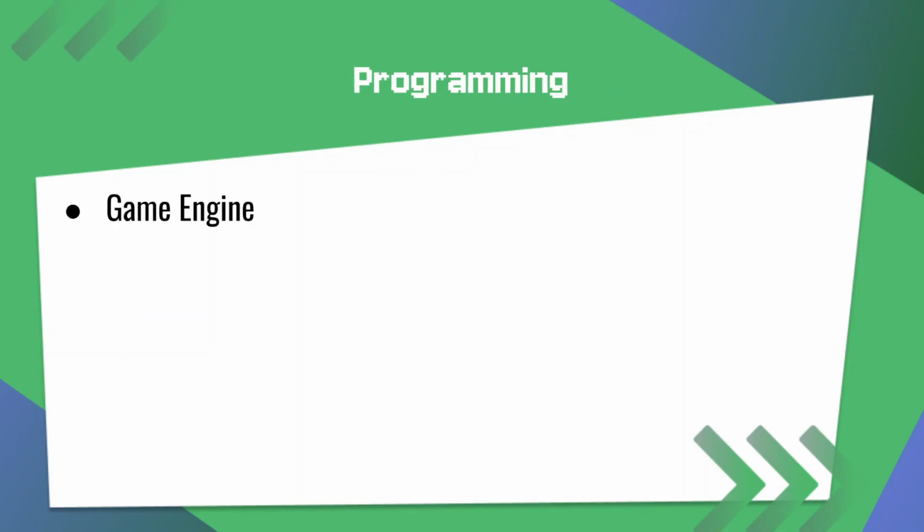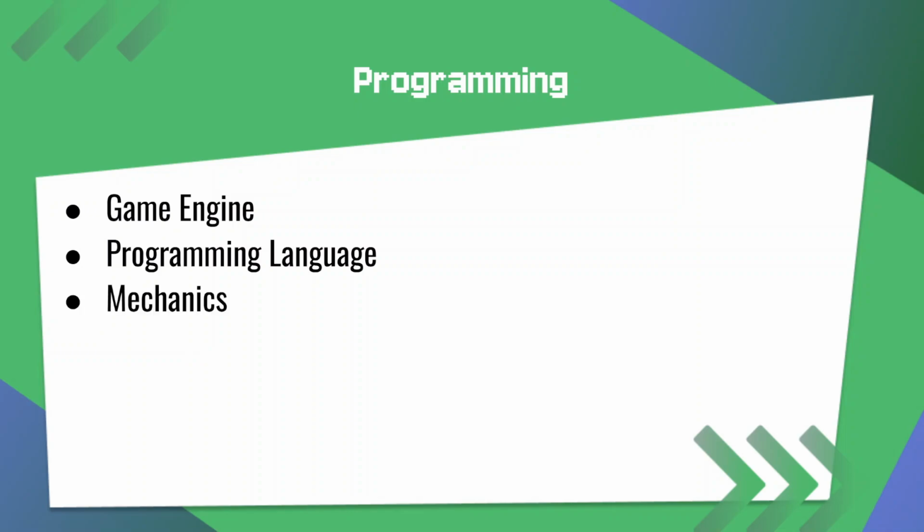Programming, you might think it's just the actual coding, but it actually encompasses a lot. It encompasses what kind of game engine you use. Different game engines are built for different types of games. Programming languages, so knowing which programming language goes with your game engine and deciding which would be the best for your game itself. This includes C++, which is used in Unreal, GDScript, which is basically Python for Godot, and so on and so on. Mechanics, so this is what the player does in a game to make it fun. Gameplay features, same thing. And UI/UX, so basically what the player sees in the game.